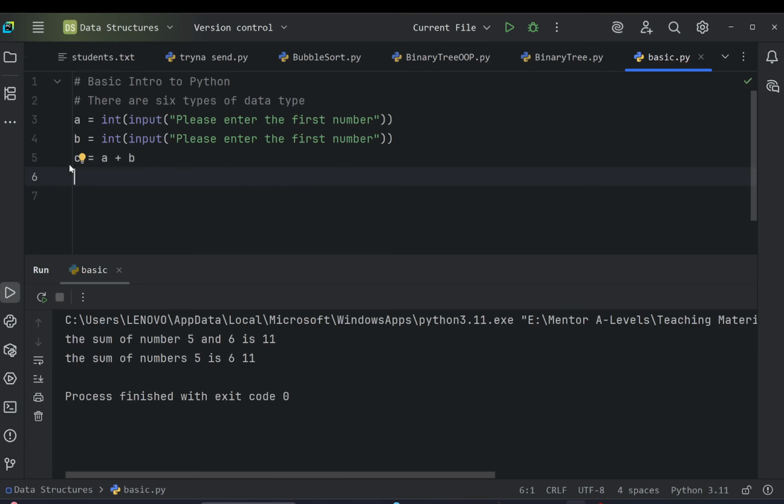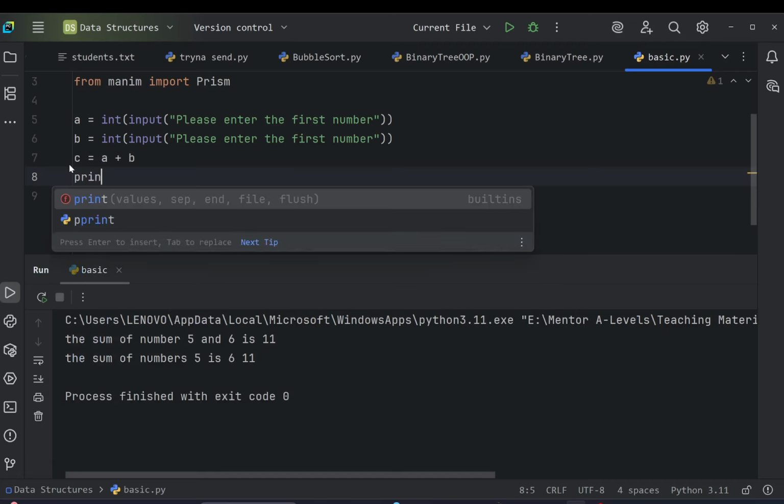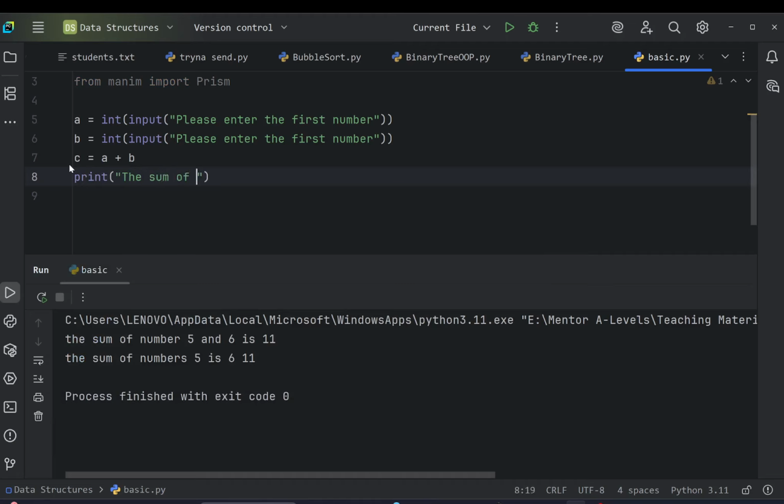You're basically assigning c as a sum of a plus b, and you could output print the sum of numbers. I'll do f numbers a and b is c is, I'll do this, and I'll just do some graphical thing, is c. Now if I run this command,